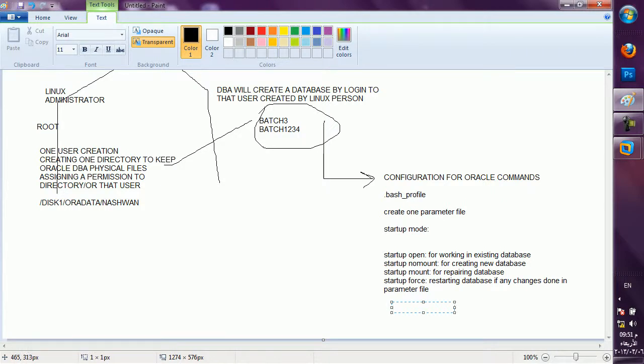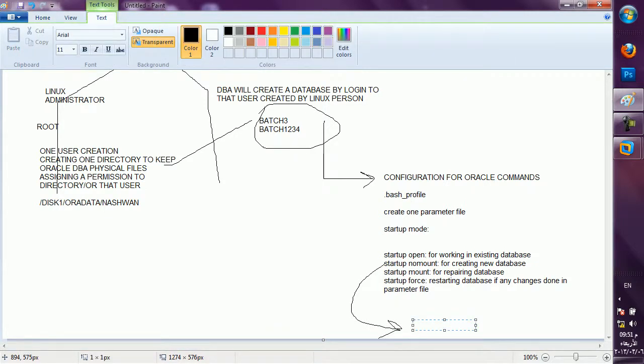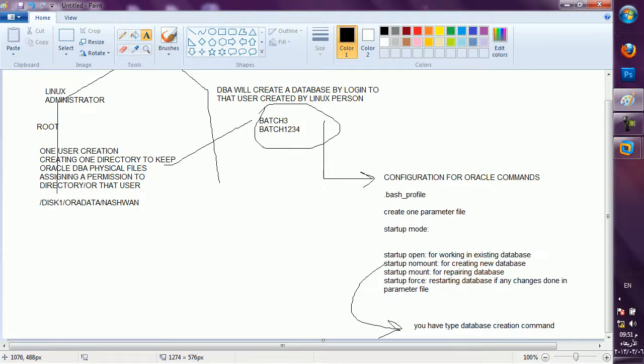After giving the nomount command, on this SQL prompt you have to type the database creation command, like the table creation command is there. In the same way, a database creation command will be there. After the nomount stage, I will get one SQL prompt.